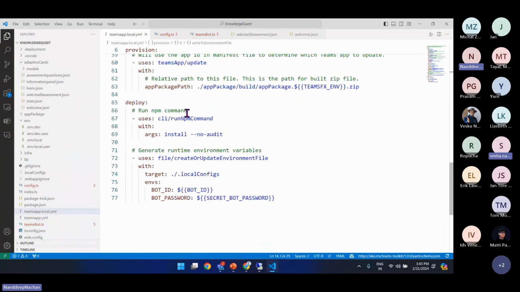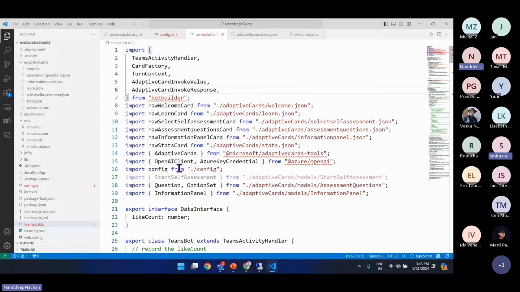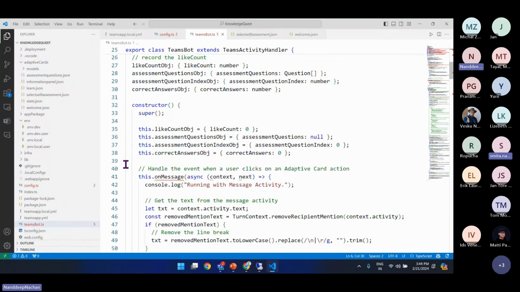We have some of the environment variables, and we have a config file also. So let's now go to the main file, that is our teamsbot.ts. And over here, you can see at the start, we have imported OpenAI. Then later on, we are handling the event when the user clicks on the adaptive card